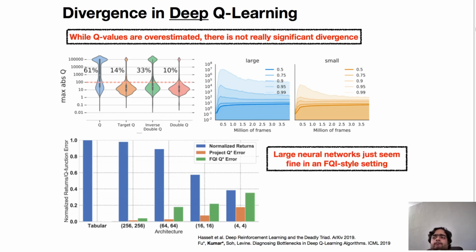And in this case, what we found was that large neural networks just seem to be working fine in an FQI style setting as well as in the DQN style setting. And we were only able to construct a case where divergence happens, but that was super infrequent. It was 0.9% of the cases that had divergence, and those were also cases where your Q network was very small. For instance, it had only two layers of size 4 each, which is in a sense very small because conventional Q function networks have at least 256 size hidden layers and at least two of those layers. So in a realistic sense, divergence is not a problem with deep Q learning in an